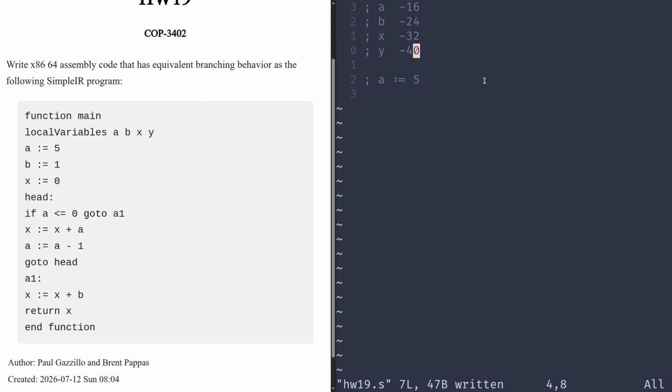Okay, so for A equals 5, what instruction should we use? What's the mnemonic for the operation we should perform to translate this assignment instruction? Move, right? So the letters here are called mnemonics to make it easier for you to remember what the instruction is. So move, what comes first, the source or the destination? The source. So how do we specify a number? $5. And where are we moving this into? Negative